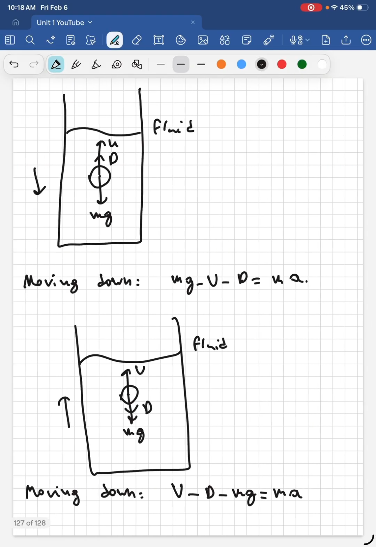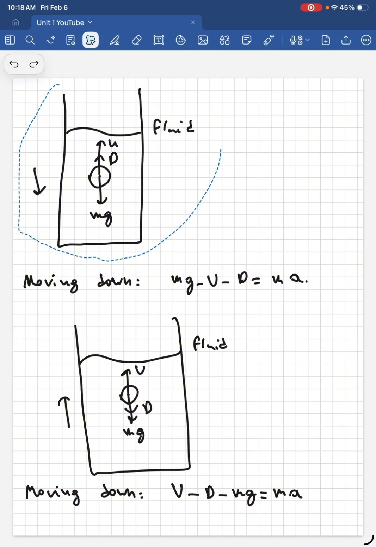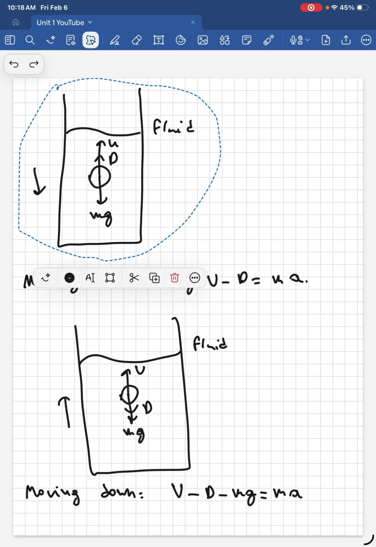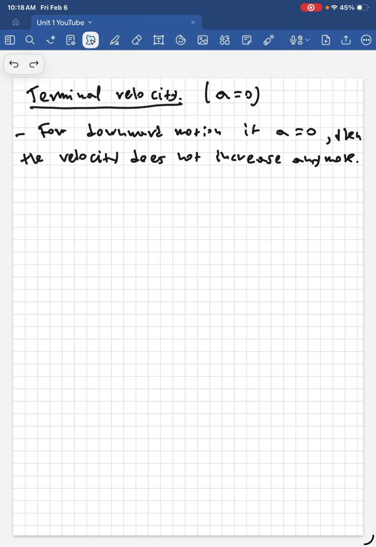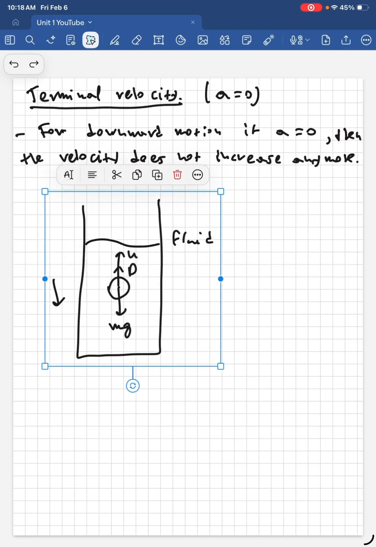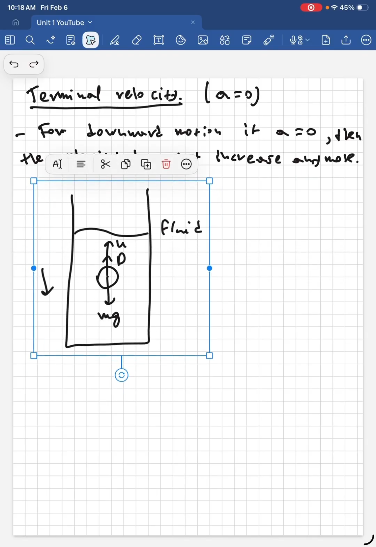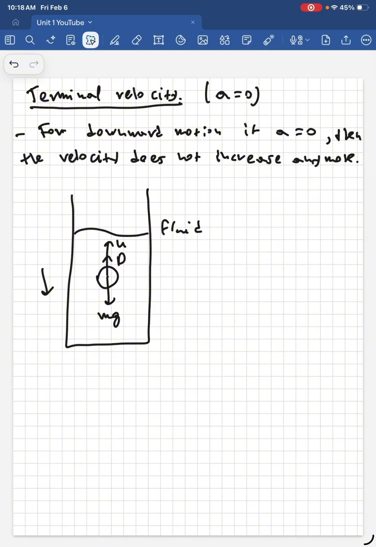So if we go to this example, okay, actually let me try something. Can we do copy paste? So let's see, not cut, we want to copy. Okay, copy. Now how do we paste it? Okay, paste. Great. Okay, so let's use this example we have from earlier. So as we said, because it's moving down, we have, oops, the pen. So we have